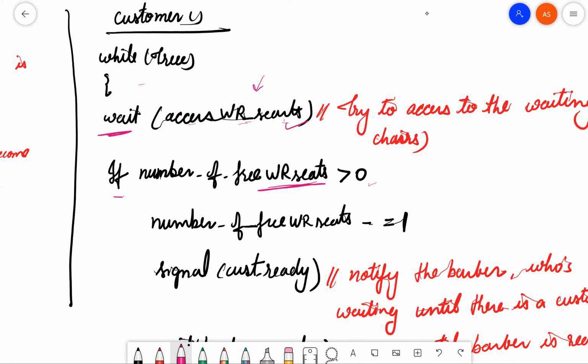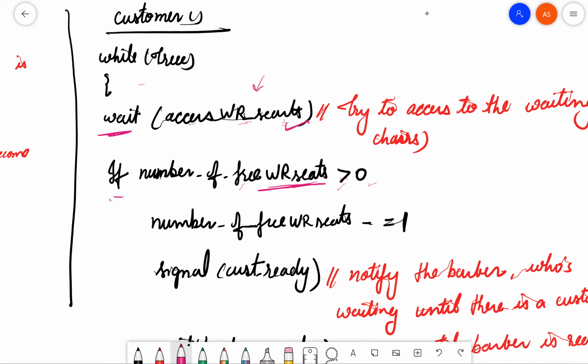Wait access WR seat means the customer is trying to acquire the waiting room chair, and while acquiring the chair, first it will check if the number of free waiting room seats is greater than 0, meaning whether there is any free seat available or not.